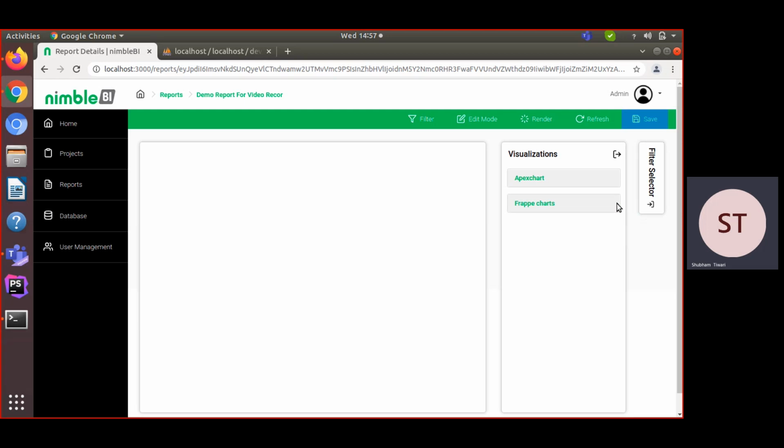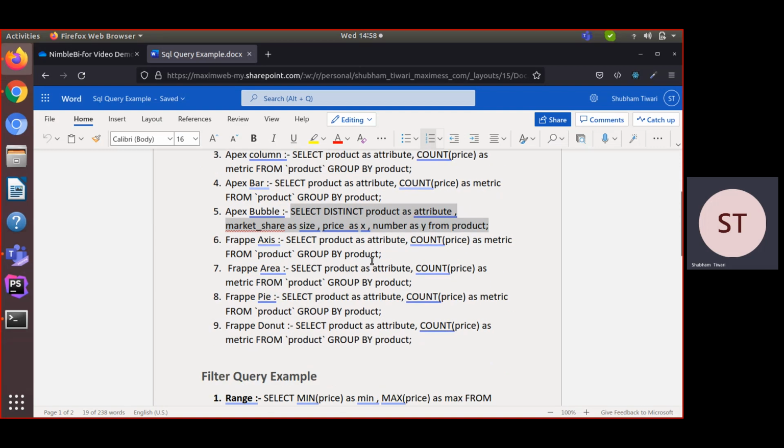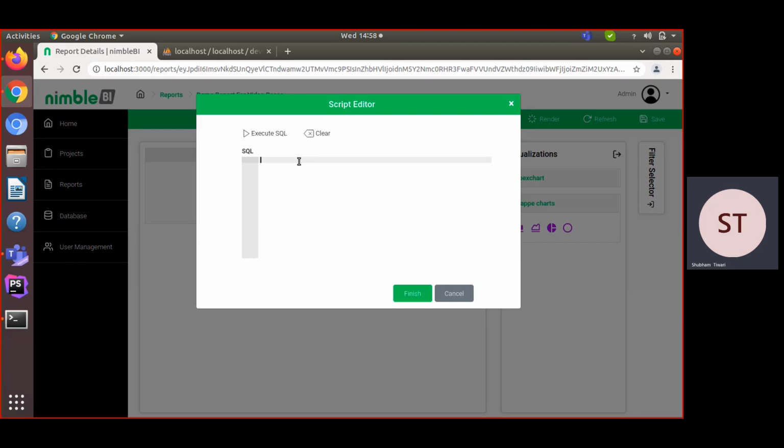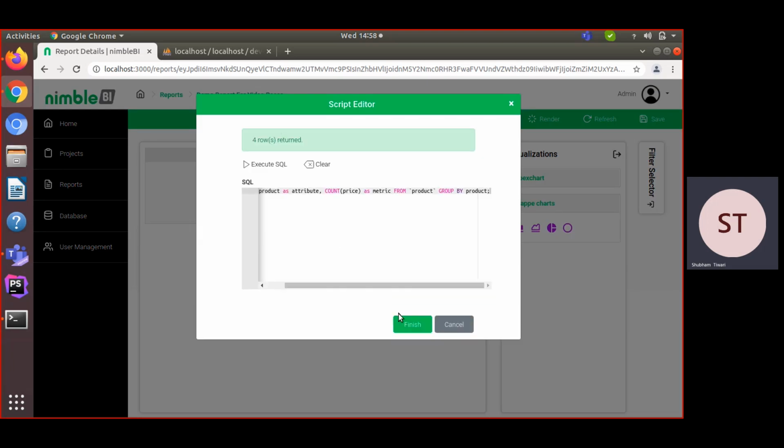So now it's time to use our Pepper chart, meaning all the charts from Apex we created, now it's time to use Pepper. So I'm enabling edit mode and clicking on X and copying your SQL here, and checking whether it is valid or not.